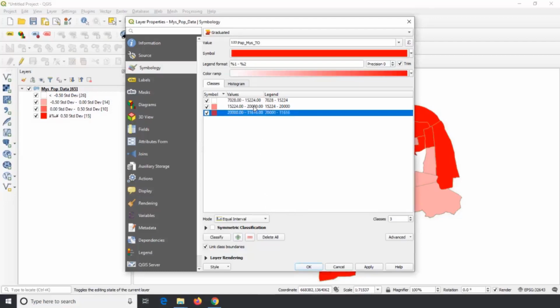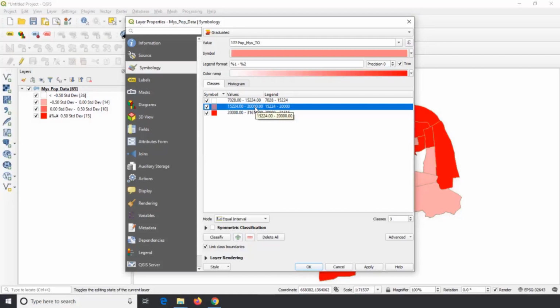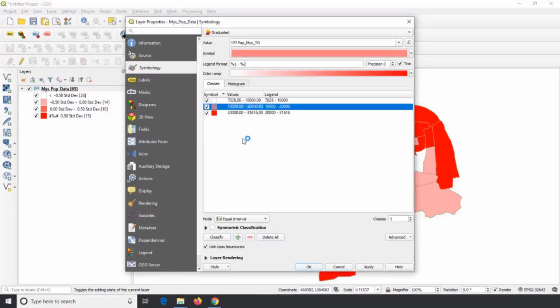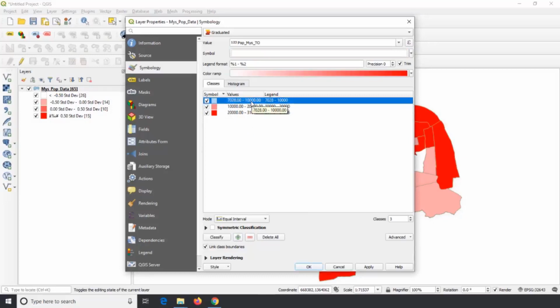See the upper limit of the second class. It was changed after we defined the lower limit of the higher class. Now double click on the values of the second class and define the lower value as 10,000, followed by a click on OK. Look at the upper limit of the first group. It is changed automatically to 10,000.